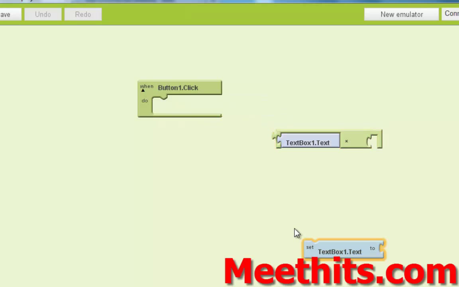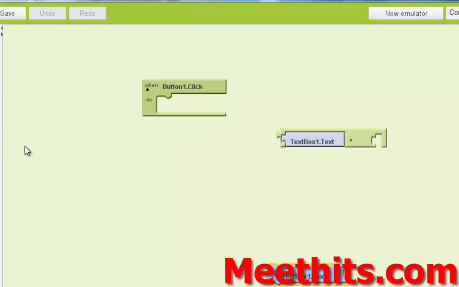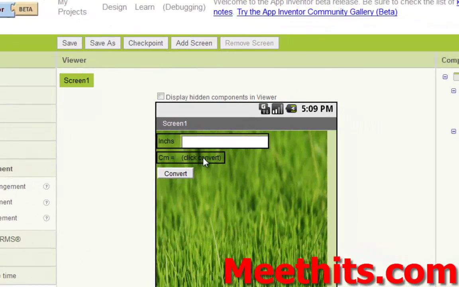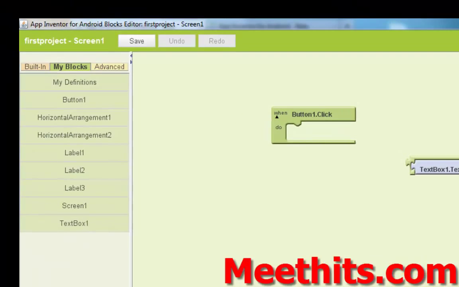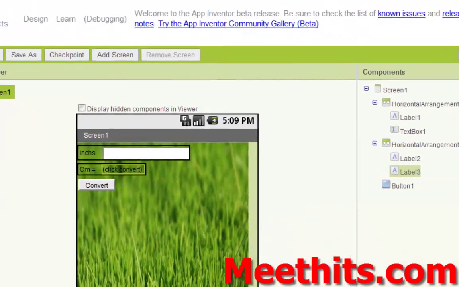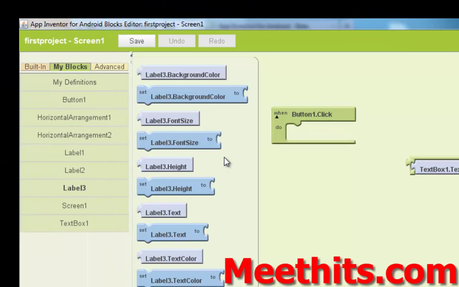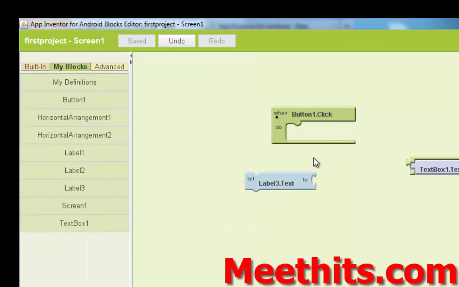Sorry, it cannot be dragged there. Okay, here is click convert. Sorry, it is label 3 dot text, text box 1 dot text